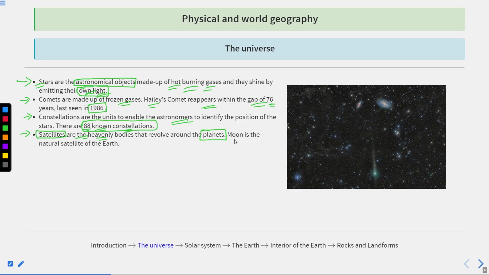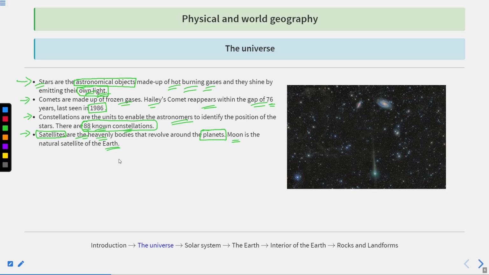And if we talk about natural or artificial, natural satellites are those which were not developed by humans, like the Moon. The Moon is not developed by us. It is a natural satellite because it revolves around the Earth. Whereas any particular satellite like Aryabhata is an artificial satellite, because that is also revolving around the Earth, but that was not made by nature, but was developed by